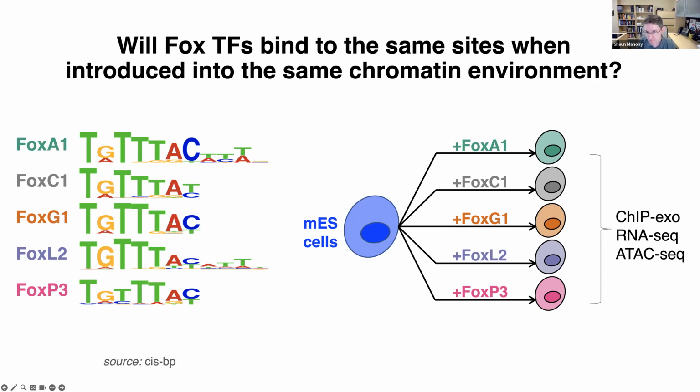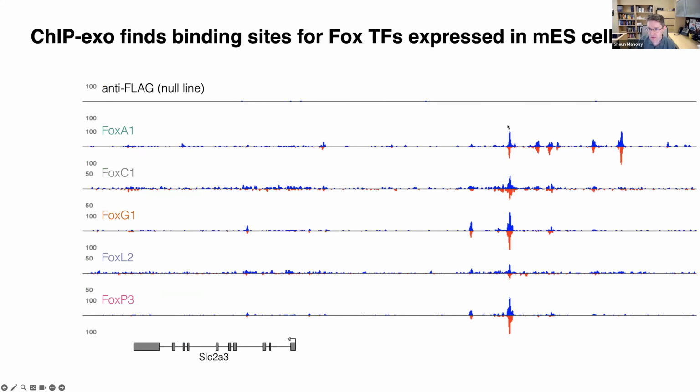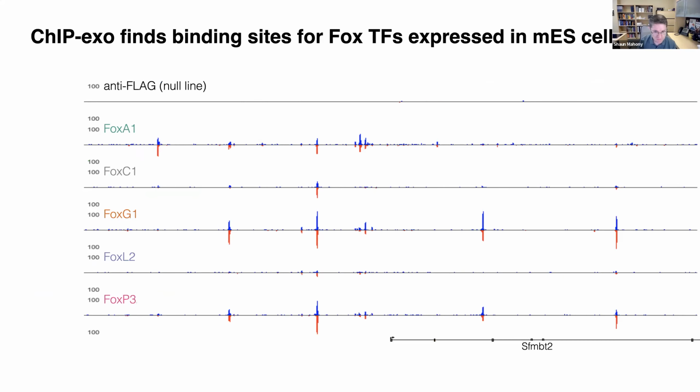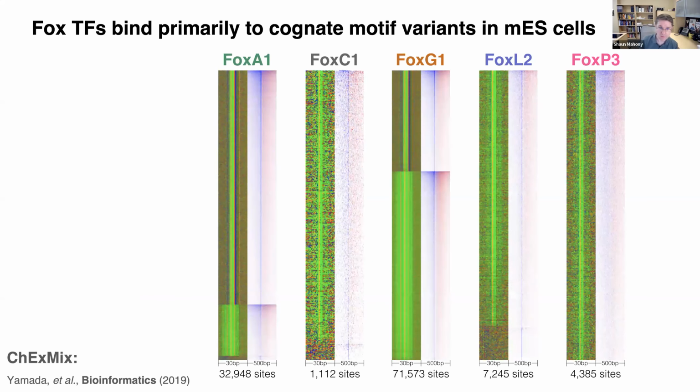So when we do this, the first thing you can see is that there are sites that are similarly bound by some of these factors or across these factors, but there are other sites, lots of other sites, where some of the factors bind and the others don't. So there's differential binding. Now, when we examine more globally, what we could immediately see is that some of these factors do not bind the same cognate motifs that they will bind in vitro. There's a little bit of variation in terms of what their cognate motifs might be.